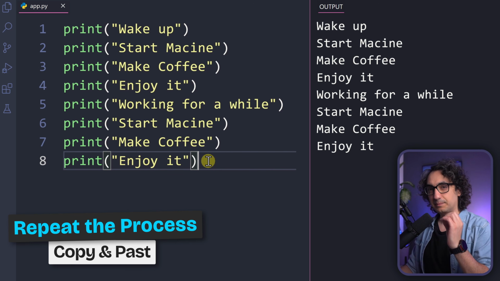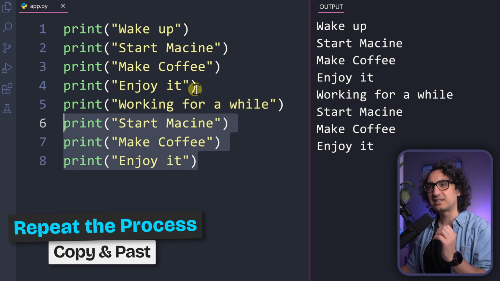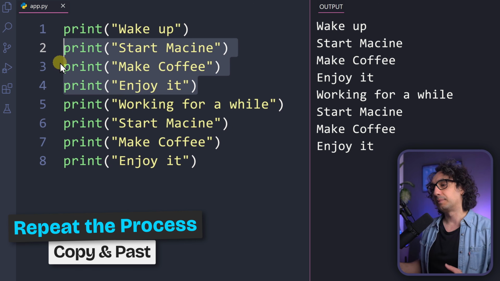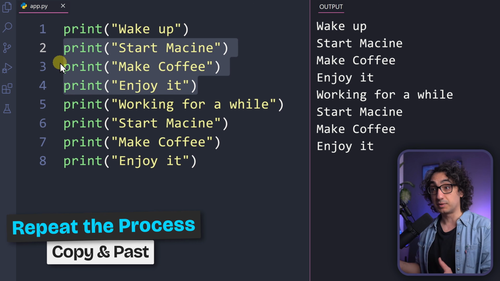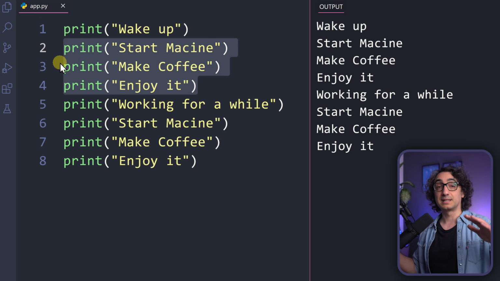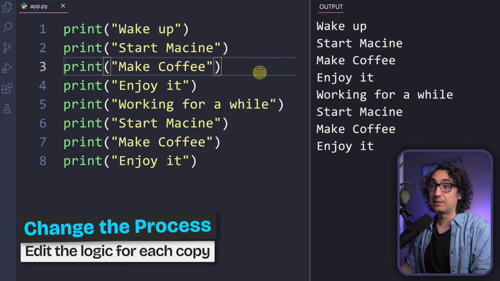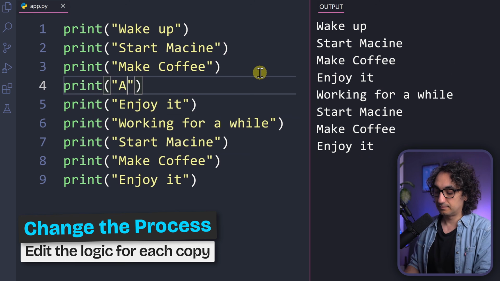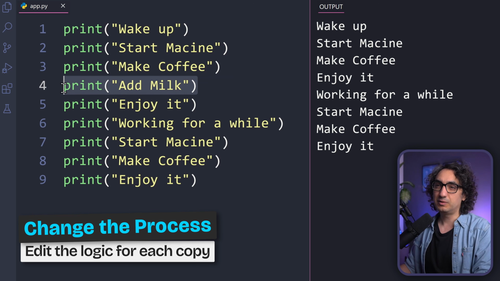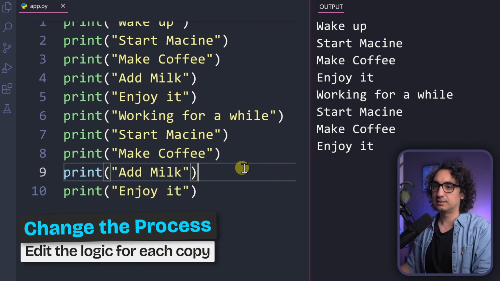Now, as you can see, we have a process. We have a logic that exists actually twice. And this is not a nice thing because I might do changes to this process. Like, for example, maybe I start drinking some different type of coffee where I add the milk to it. Now, if I want to add this step, I have to do it over here. Add milk, and then I have to make sure that the same step is as well added in the next workflow. So after making the coffee, I will go and add the milk.